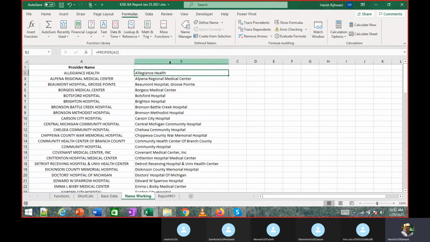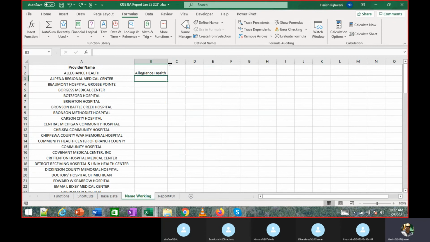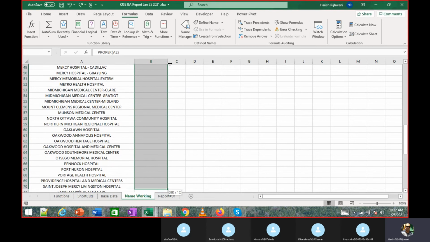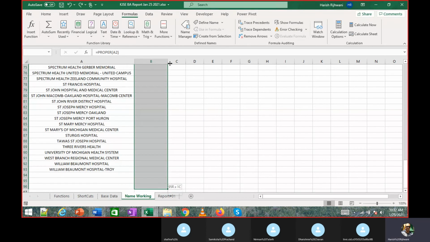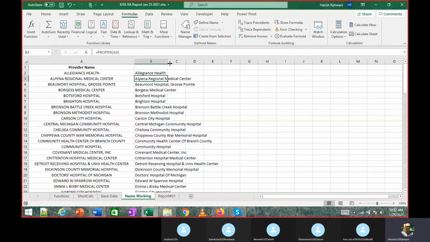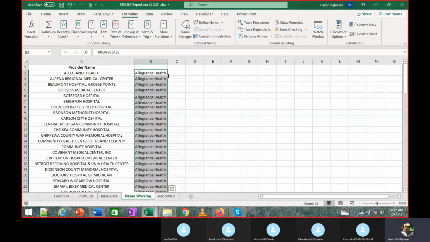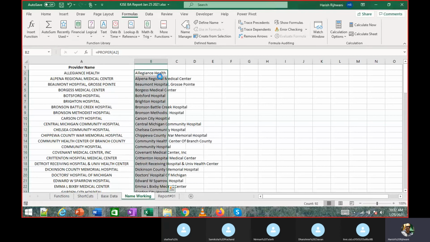That is one way. The other way is to use Control D. If I select the region like this, till the cell that I want, and press Control D, it repeats the formula from top to the end. The easier way is using the double-click. And the same thing applies over here.